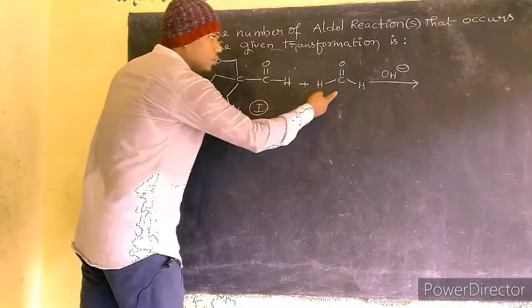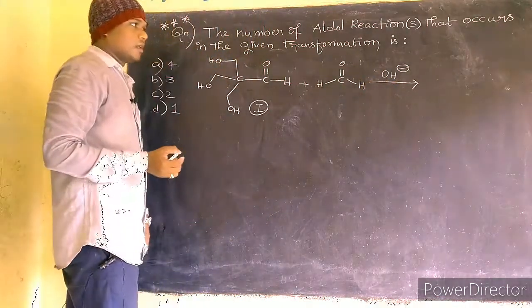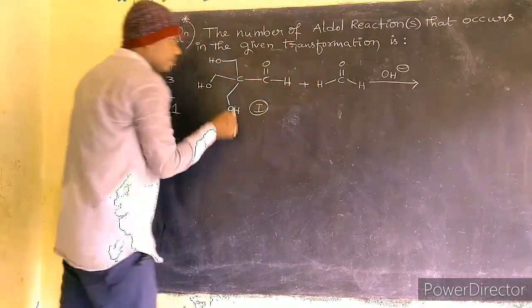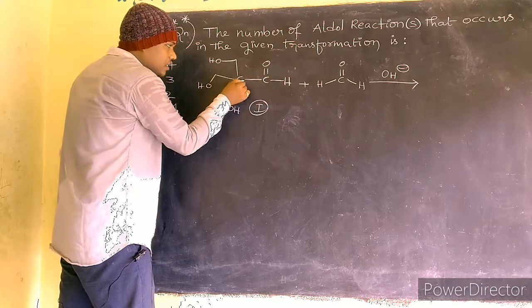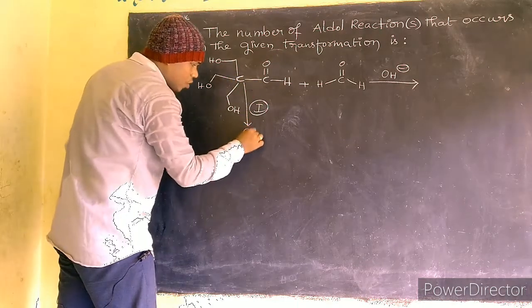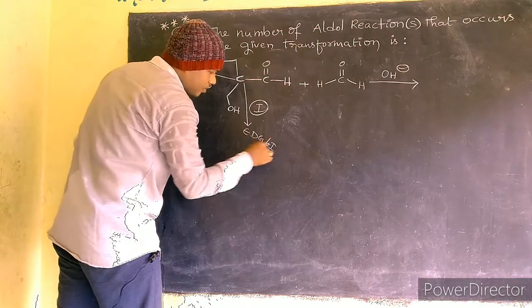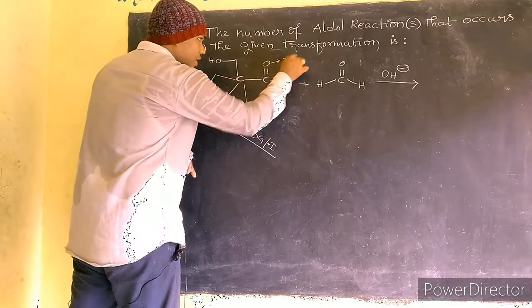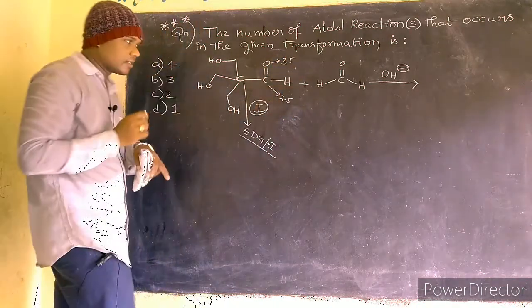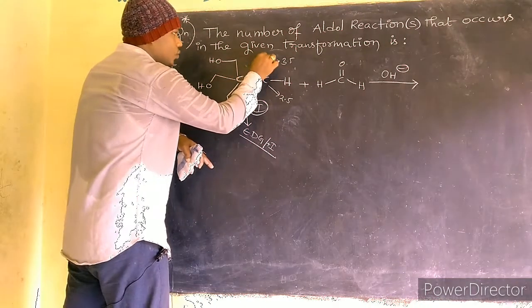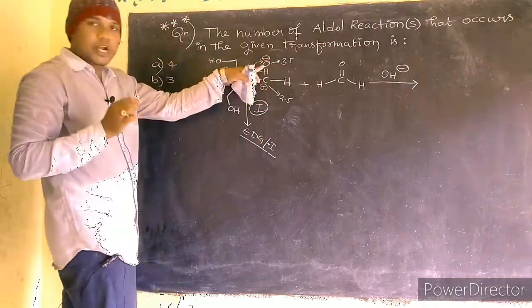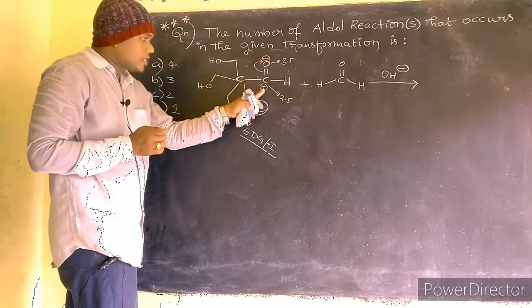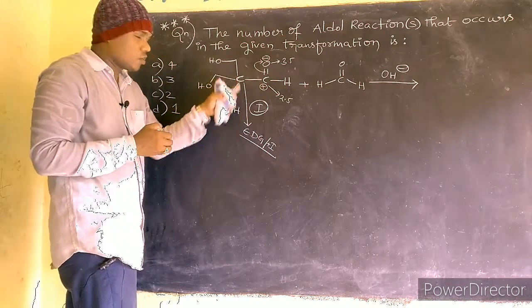So out of these two, this OH minus attacks at which carbonyl group? That is very important. Here, compared to these two, this carbonyl carbon is attached to this carbon, what is this? Electron donating group or plus I group. Here oxygen carries 3.5 electronegativity, carbon carries 2.5 electronegativity, correct? So these electrons move towards this direction, so negative charge here, positive charge here. Why? Because this is more electronegative, so it always tries to take electron density towards itself from carbon, correct? So this positive charge is stabilized with this plus I group or electron donating group, correct?